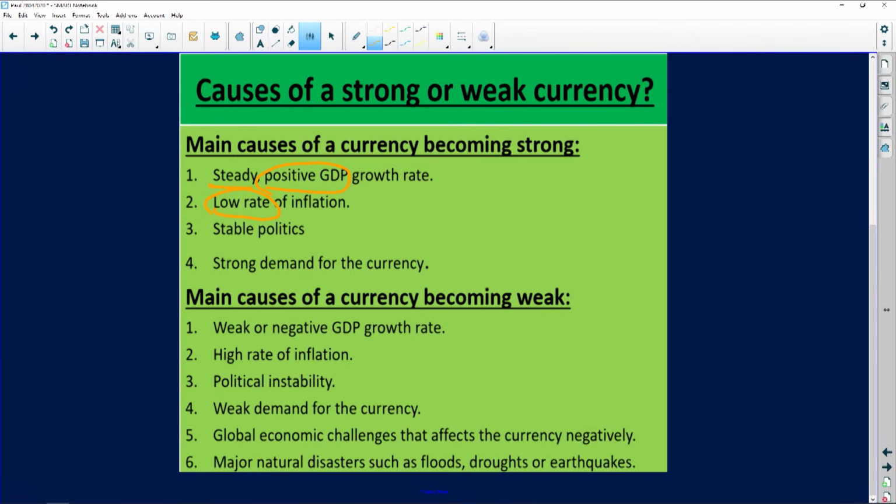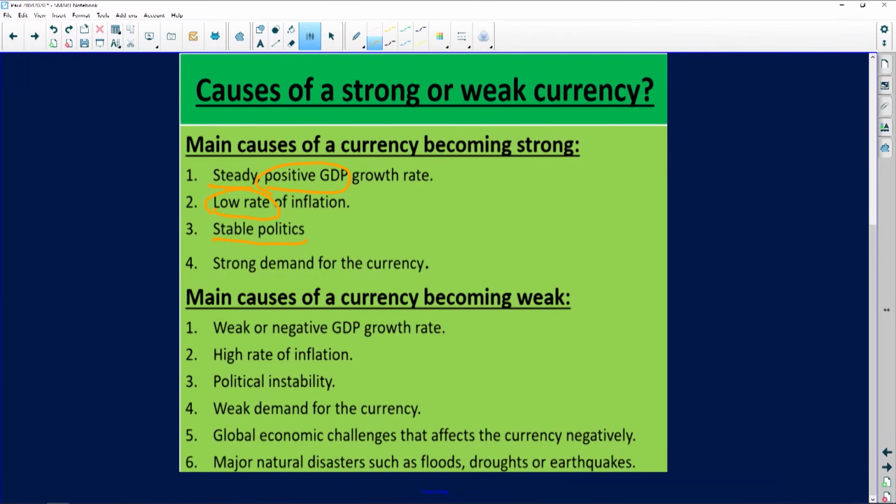The third one, stable politics. Now, politics is a very diverse topic, especially in a country like South Africa. All you need to know is if there are not a lot of ups and downs and politics are stable, it gives investors and people overseas confidence in South Africa. They feel safe to come to South Africa. They know exactly what to expect. In other words, that will also make our industries grow, our GDPs will grow, and it will lead to a